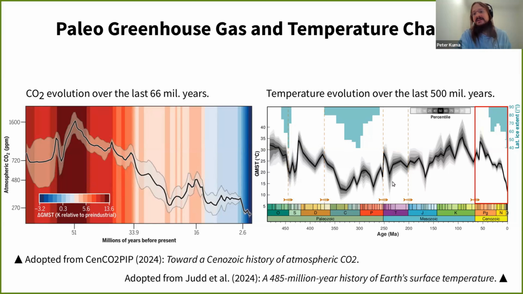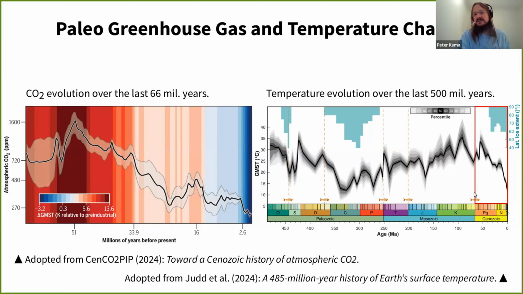So the main event that you are all aware of is the one which happened 66 or 67 million years ago, which is the KT event, which killed all the dinosaurs. So basically the red box here is what happened after. It's called the Cenozoic, and that's the current era.